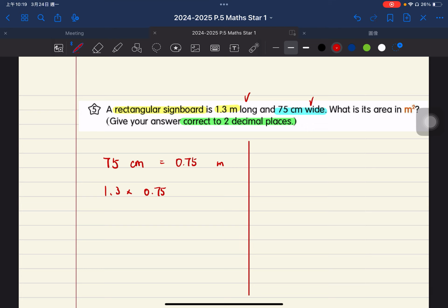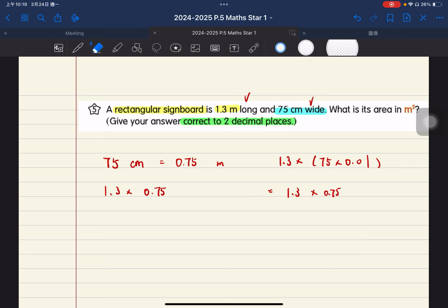You merge the calculation into the formula as well. 1.3 is the length, and the width is 75 cm times 0.01. And then we will have 1.3 times 0.75 like this. Both ways are fine. I will use the right hand side to finish the calculation, which is